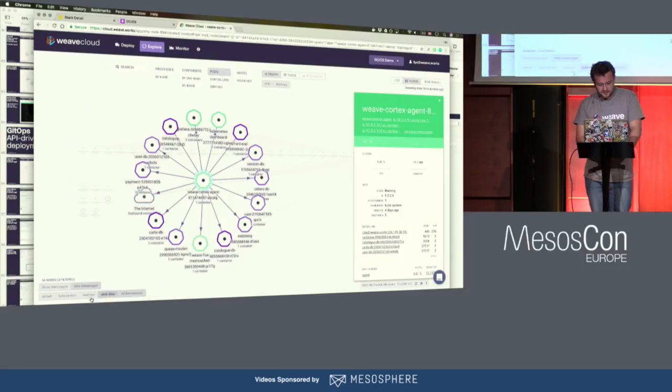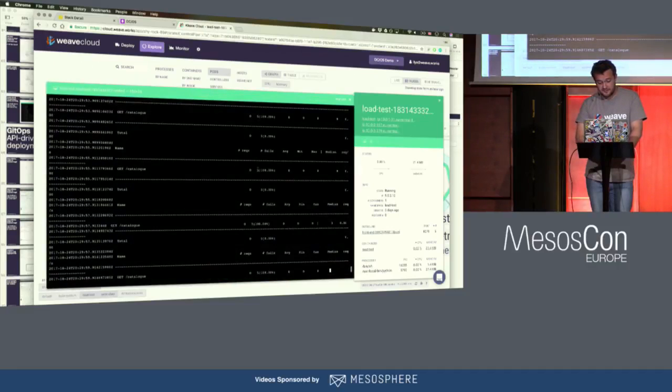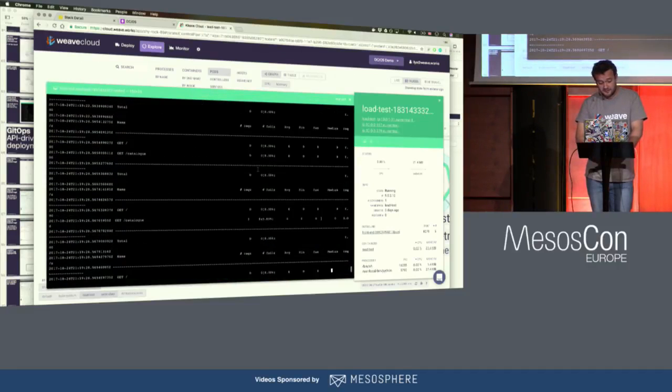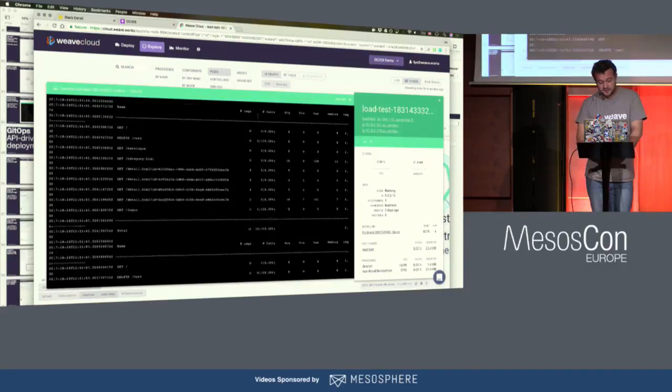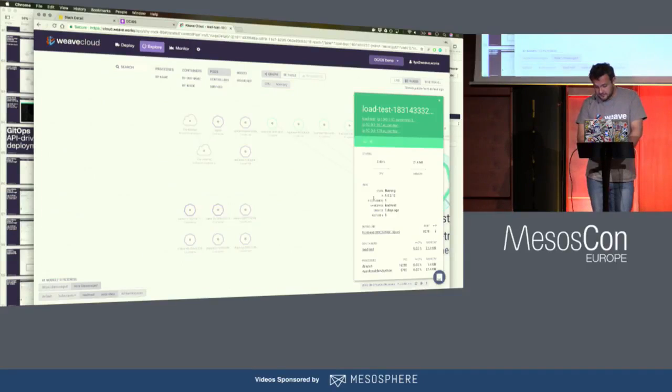Well, I'm going to narrow it down to load test and sockshop namespace, and I'm going to look at one of the load tests. Just double check it's not getting any errors in the terminal. Okay, standard output. So I can see that. Cool, looks good.